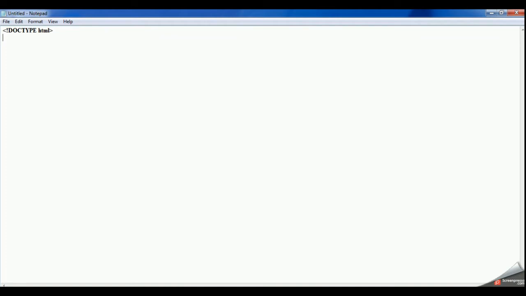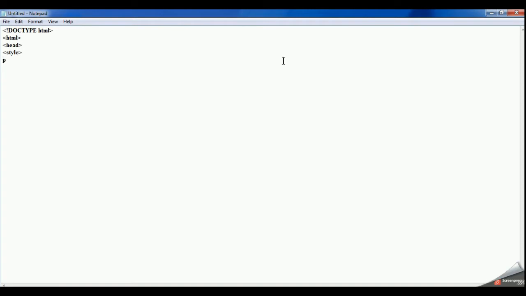Okay. Coming to the first thing, that is your element selector. You have to write it in your HTML page. If you are writing HTML, then this is your root element, then your head. In the head tag you have to write your style, that this is your CSS style. Okay.